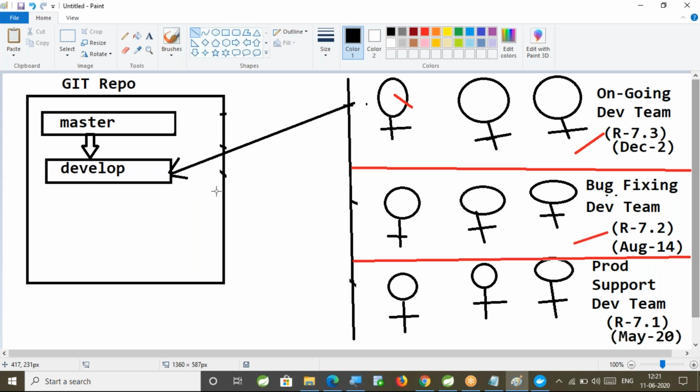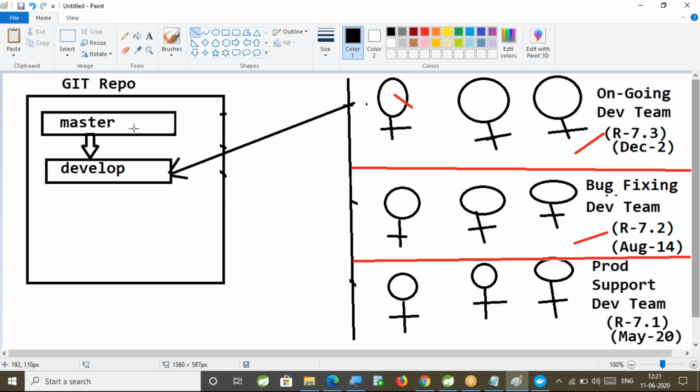Generally in Java also you learned the cloning concept. Why will we go for cloning? If you want to create a duplicate object for the existing object, you will go for cloning. Why? I don't want to modify the data in the original object. I want to modify the data on the duplicate object. For that we use the cloning concept in Java. Similarly in Git, the cloning concept is also available.